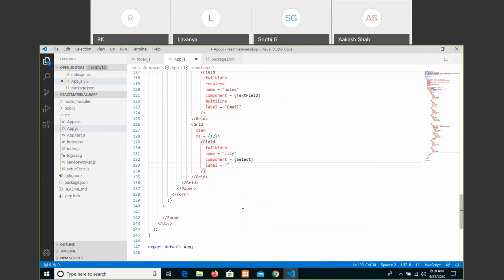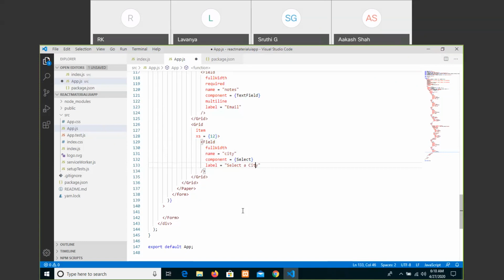Then select a city. So full width name city, component, that is drop down. So select, and then